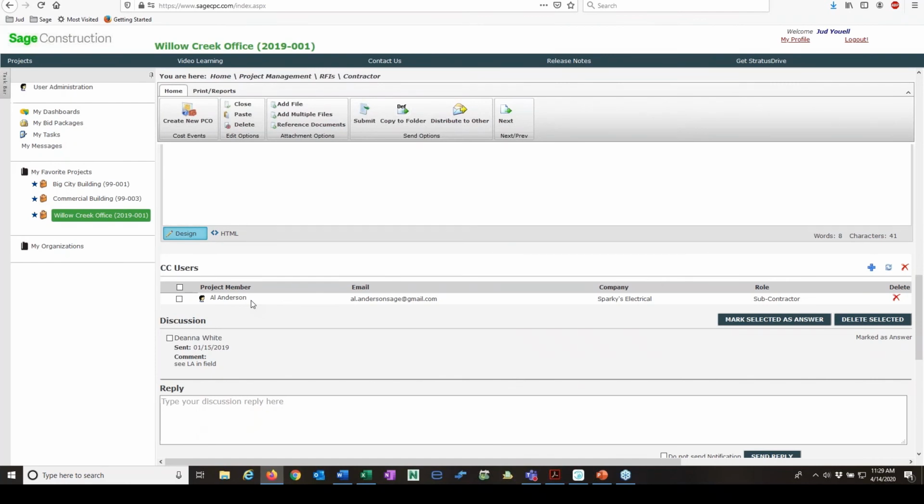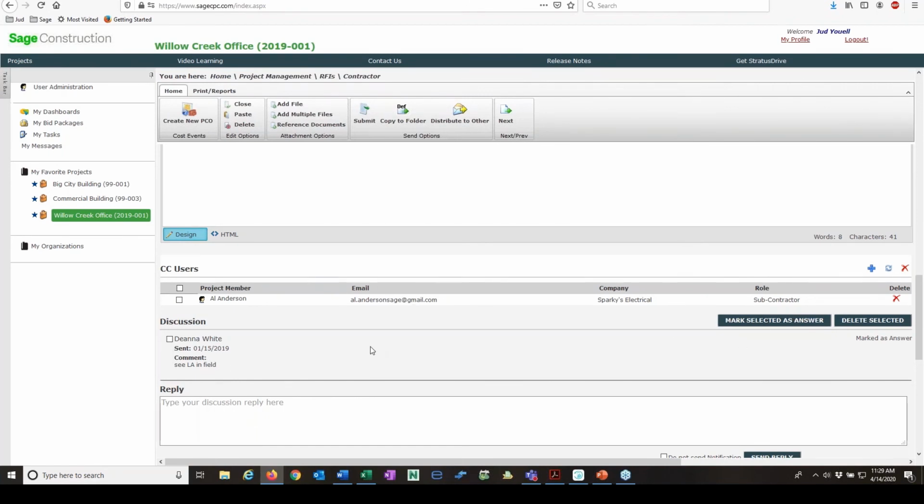And so I've got him CC'd on this RFI. So that's a nice feature, especially maybe the owner wants to be CC'd on all RFIs that are coming in. So okay, you can CC the owner as well. When I do get an answer like this, I would mark that as selected as an answer, and I can